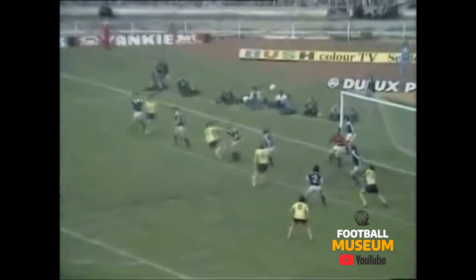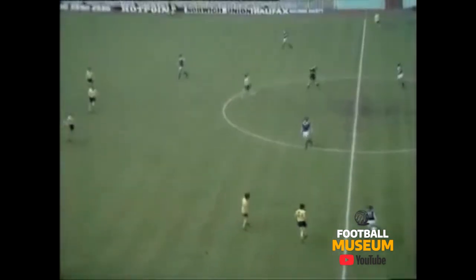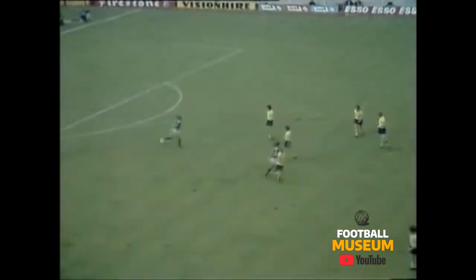Hit in very low again, and in fact it was George Burley who got it away. Talbot now to Woods, and Ipswich are really bursting out of defence. They've got men forward very quickly, and Talbot is offside. How noticeable, Jack, that the two front men for Ipswich after that break were Kevin Beattie